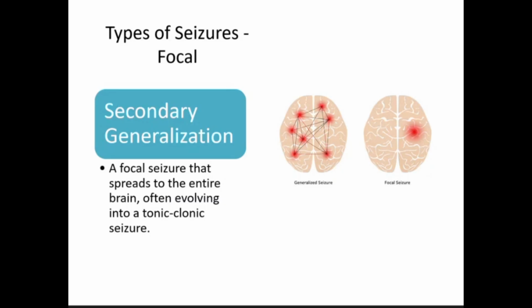Get a good history on these because there's going to be a progressive pattern of the events. I had that aura. My vision started going bad. I have a minute and a half I do not remember at all. I've wet myself. Here we are. It's going to be your secondary generalized focal seizure. That is now a full-blown tonic-clonic seizure. That's how it's going to be read as a diagnosis.